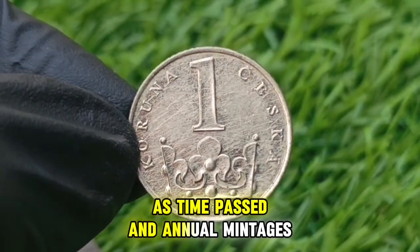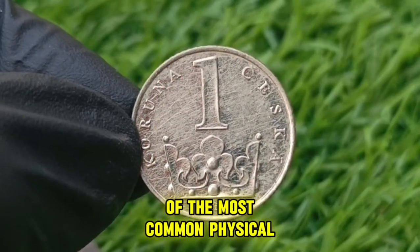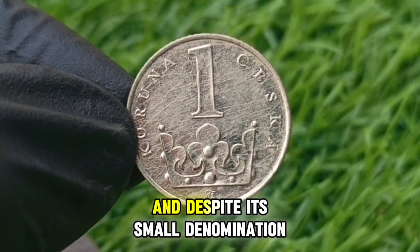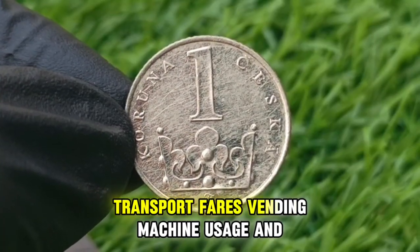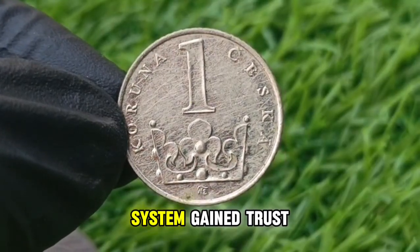As time passed and annual mintages increased, the 1 koruna coin became one of the most common physical reminders of Czech nationhood for both locals and international visitors, and despite its small denomination, it played a major role in facilitating everyday purchases, transport fares, vending machine usage, and retail transactions, ensuring that the new Czech koruna system gained trust and